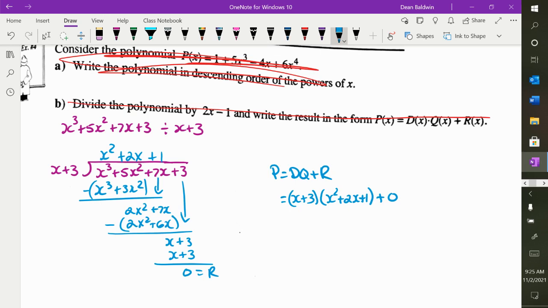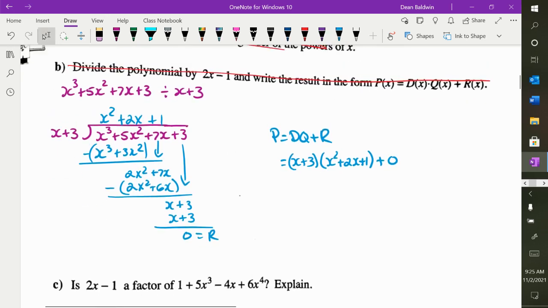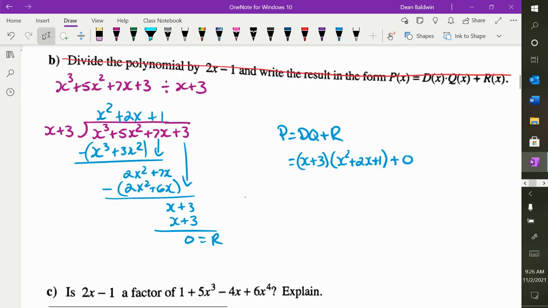Remainder of 0? Yeah. X squared plus 2x plus 1 is your quotient. Yes? Okay. So when you get a remainder of 0, this is what this whole chapter is about, is how to get remainders of 0. Because if you get a remainder of 0,